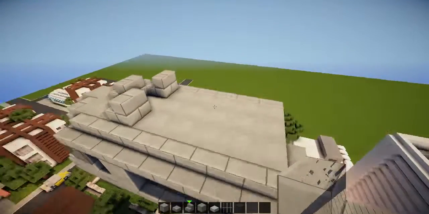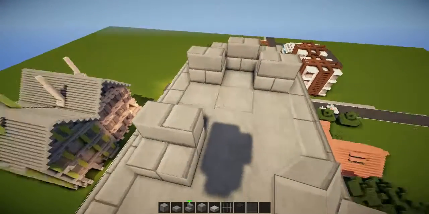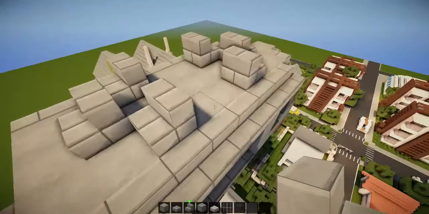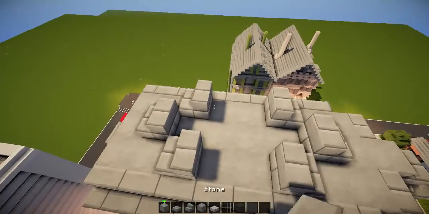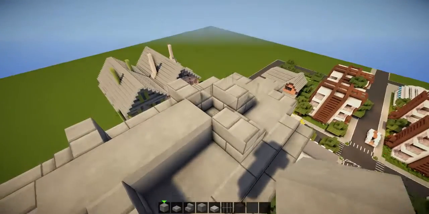And then leave a gap of 2. So here, there's a gap of 1 and 2. And on the third again, place that, and then diagonally out to the front. So this one should have a gap of 4, a gap of 2, and some stairs facing outwards, like that. Now, for now, we'll do that,